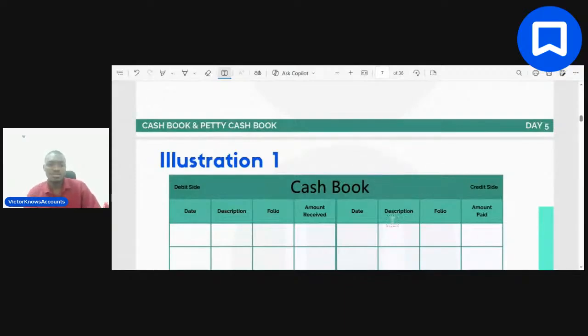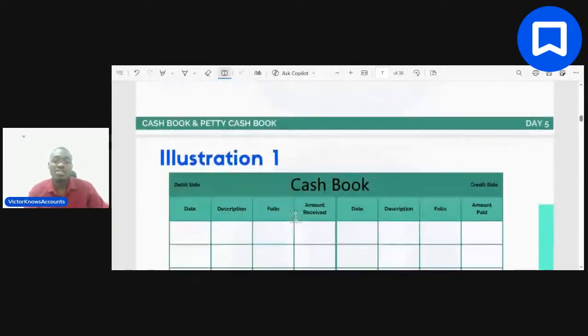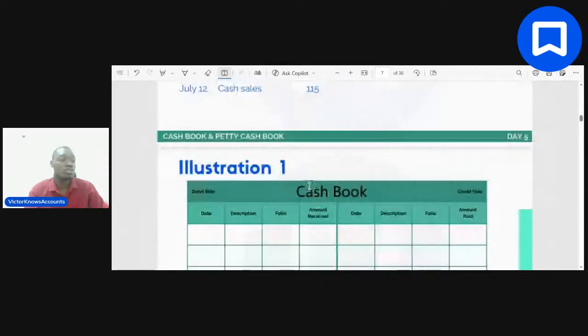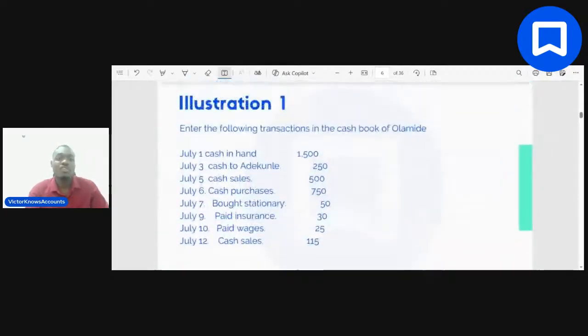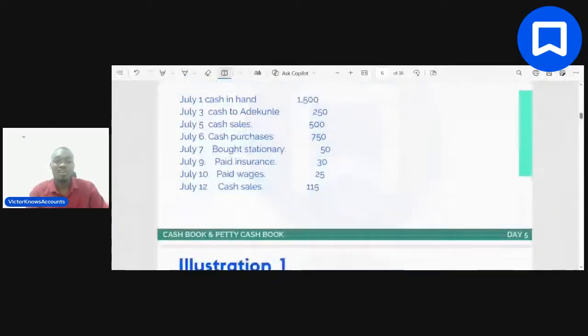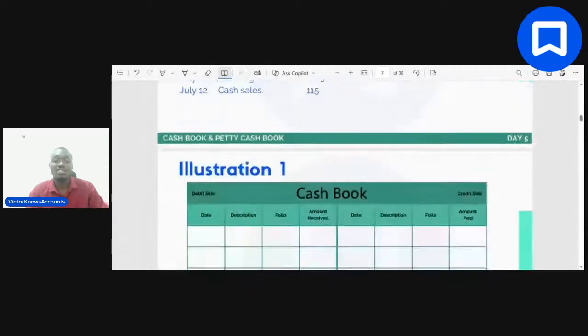So we have our cash book. Now let's look at the transactions one by one and then we post it into our cash book. The first one, July 1, cash in hand, 1,500. Based on our explanation, that is what? An opening balance. So you come here,